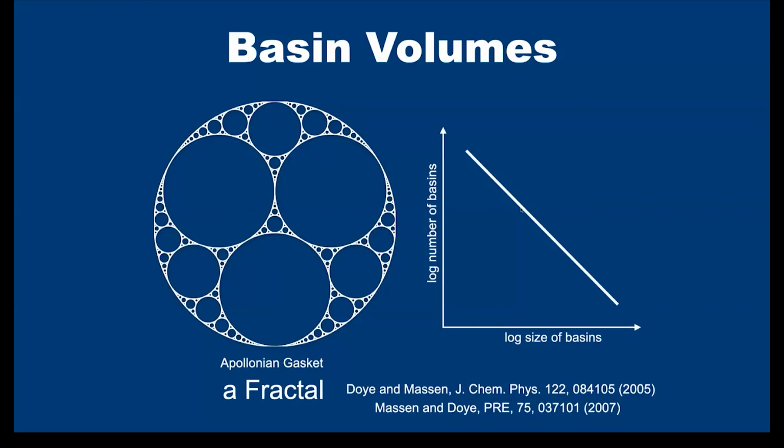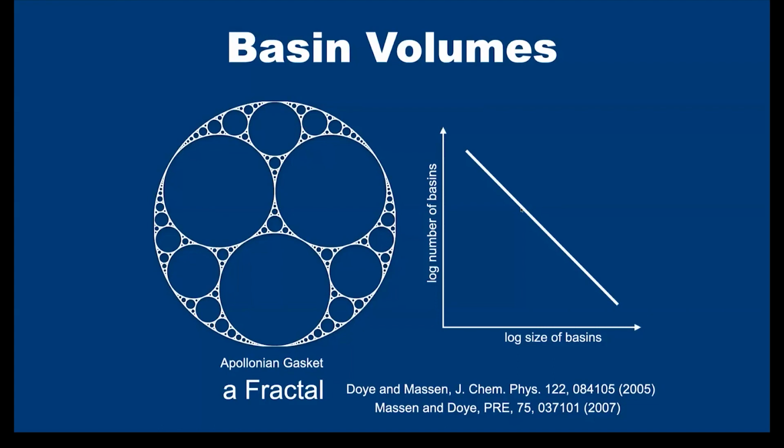And so what you have is an Apollonian gasket. They're not saying the energy landscape looks exactly like this, but it's kind of a cartoon way of looking at it. So you take a big circle, and then you fill that big circle with slightly smaller circles, and then you fill the gaps between them with slightly smaller circles all the way down. So what this means is that there are a few big circles and infinitely more teeny, tiny ones, but those tiny ones overall